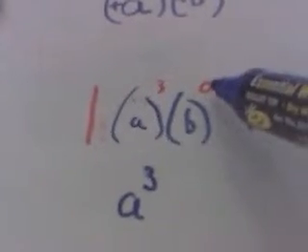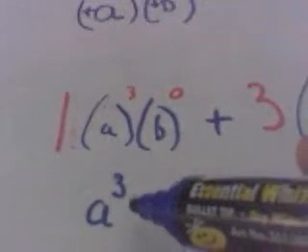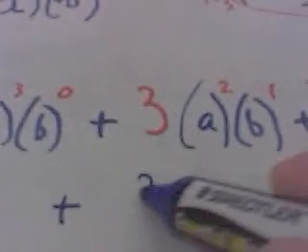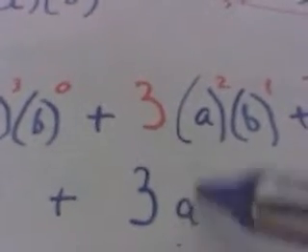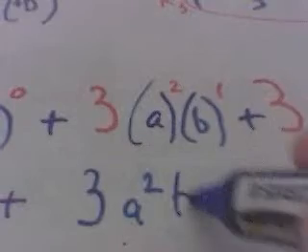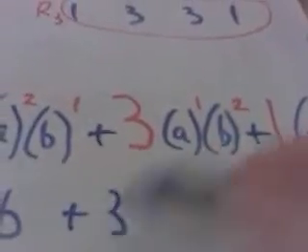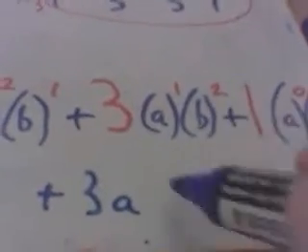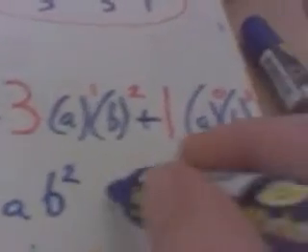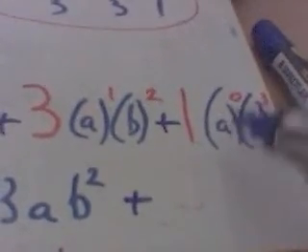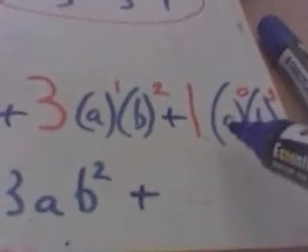We never have to write down 1 when we're multiplying by 1, so all we're left with here is a cubed times b to the power nothing. Anything to the power nothing is 1, so I could put times 1, but I don't need it. Next one, 3 lots of a squared. b to the power 1 is also just b, so we've got a second term. Our third term, 3, a to the power 1 is just a, and b squared. Fourth term, we don't need the 1 here because we're just multiplying by 1. 1 times a to the nothing is also 1, so 1 times 1 is 1, and we're just then timesing